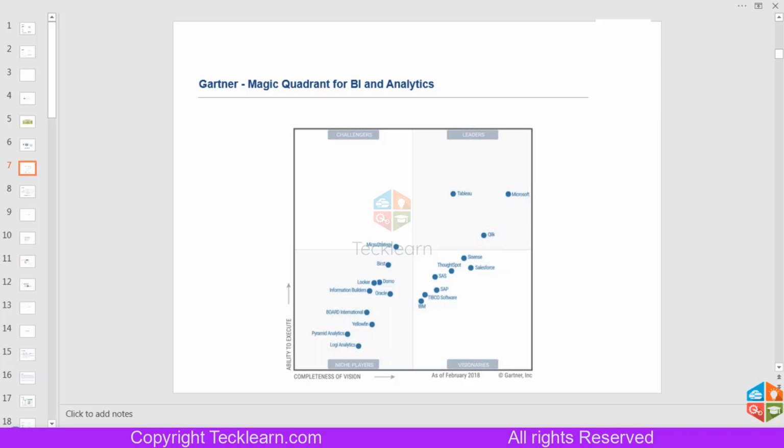Basically any client or company that wants to accept a BI tool for their projects selects products from the leaders category, and you can easily see that Tableau, Microsoft, and Qlik are the leaders. Basically the competition right now in the market is between Microsoft Power BI and Tableau. Qlik is lagging a little behind.